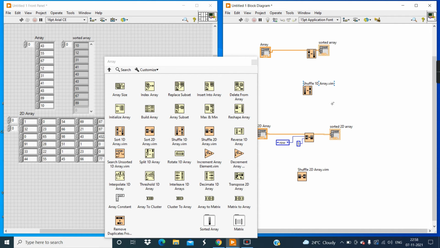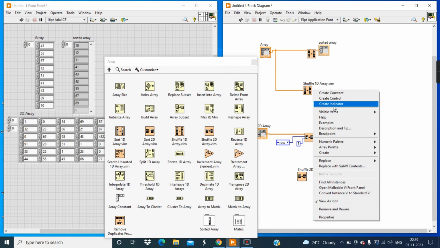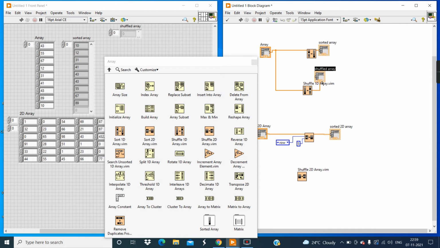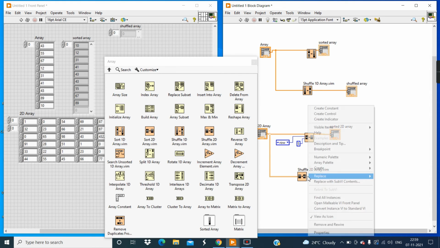The function of both tools is the same. To see the function, first connect to the available array, and then create an indicator on the shuffle one-dimensional array. Similarly, connect this to the two-dimensional array and create an indicator.